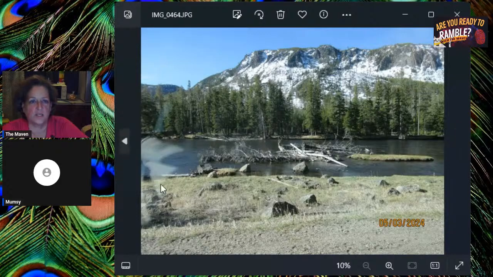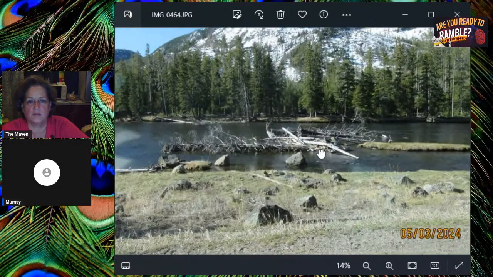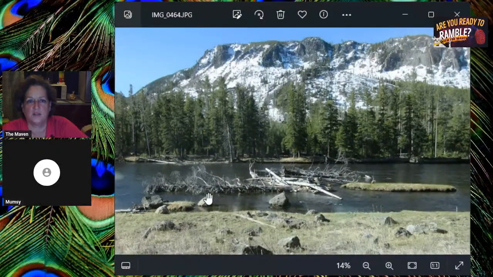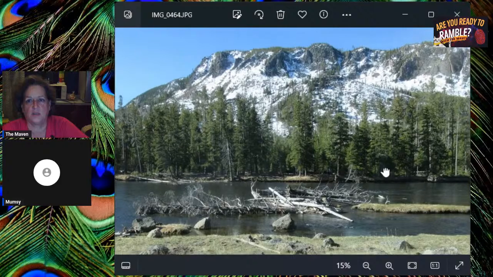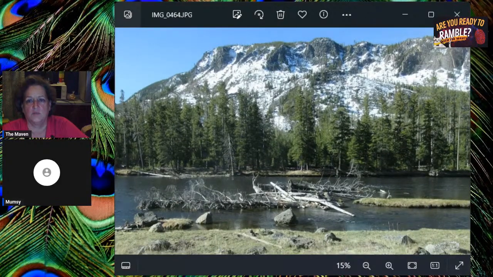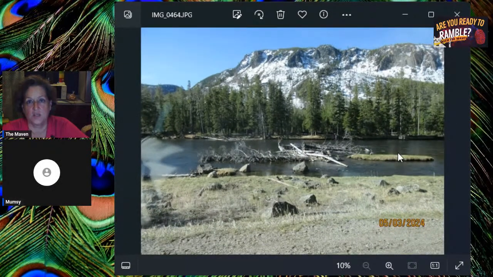This one has some glare too, but if you go like that, then you don't have the glare anymore. Beautiful. I just liked all the mountains and the shapes of the mountains. You know what I found interesting about the Rocky Mountains when I drove through them the first time?